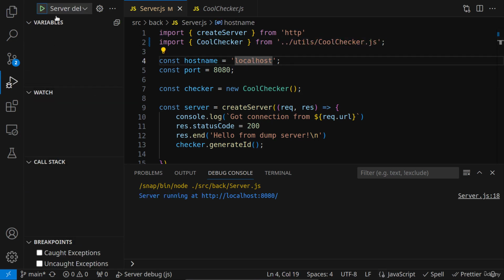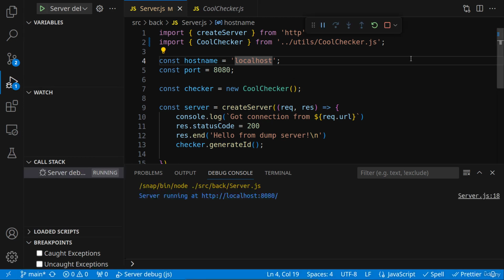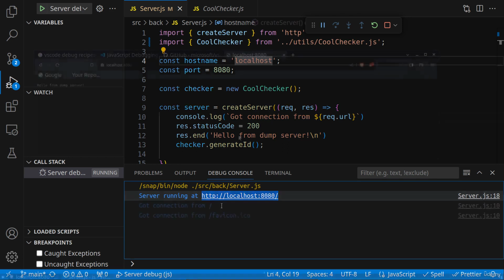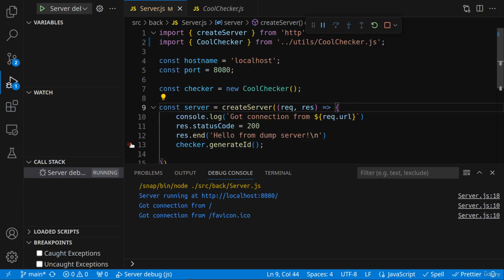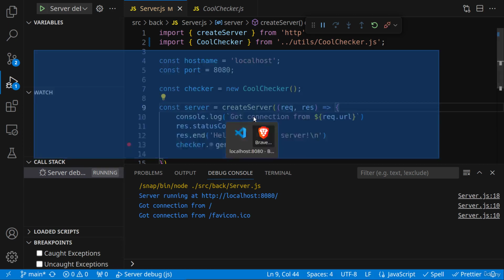So let's try it again. And yes, our server is working. Right here we can see that it runs. So now if I do an HTTP request to this URL, let me do it from a browser. You'll see I got a request right here. If I put a breakpoint, for example, right here, and try to do the request again,